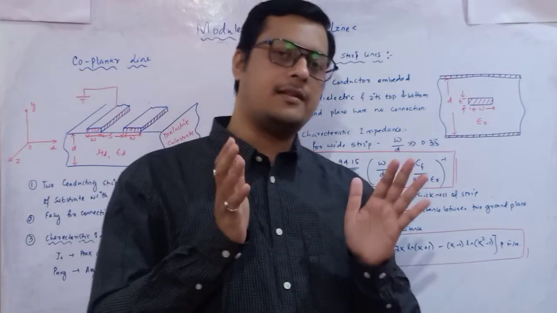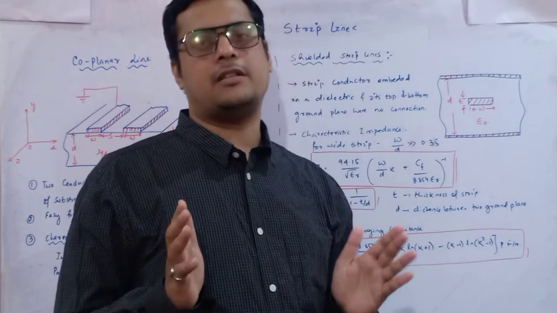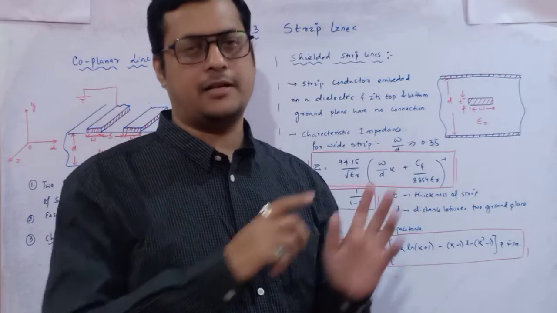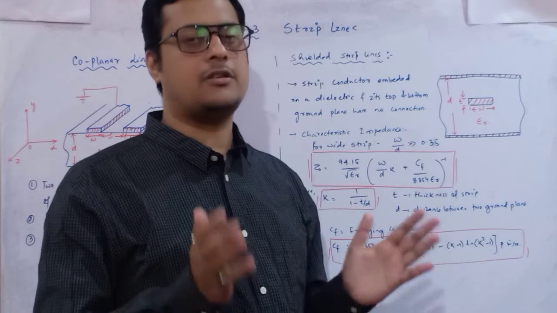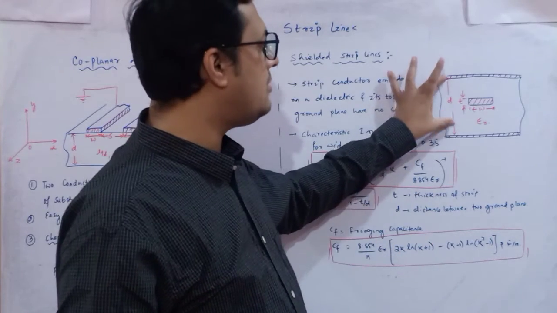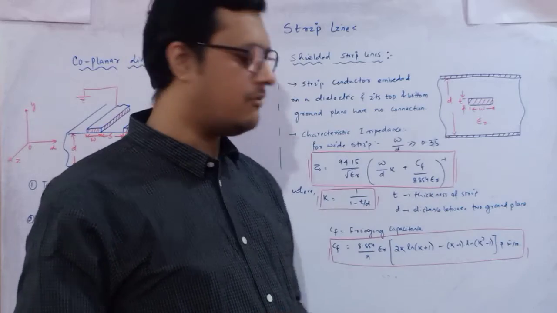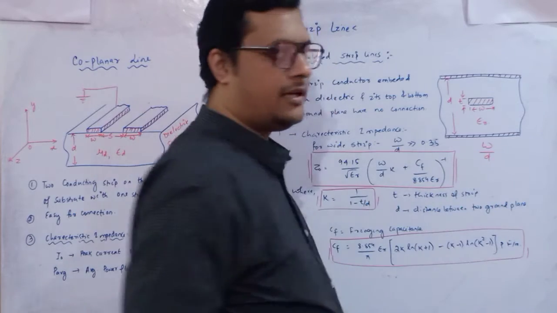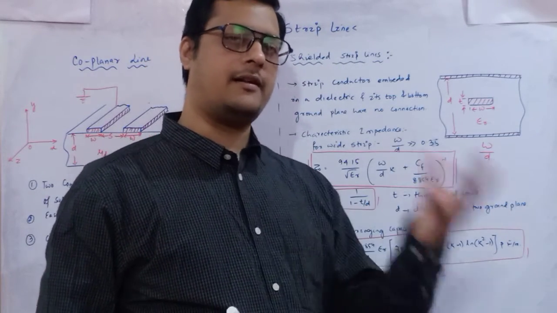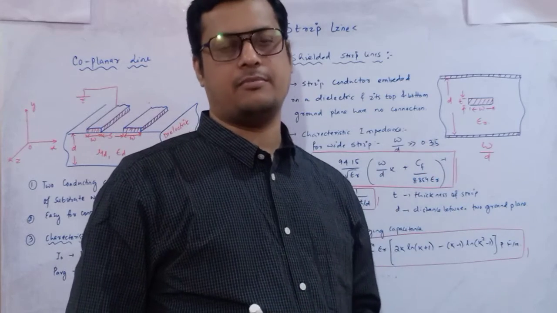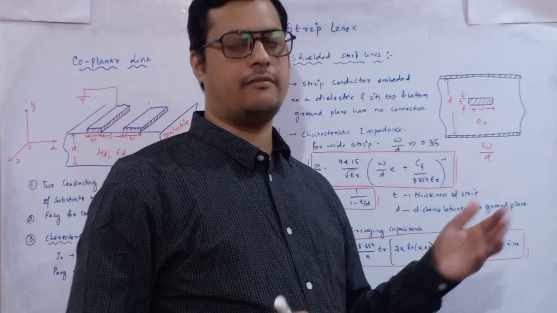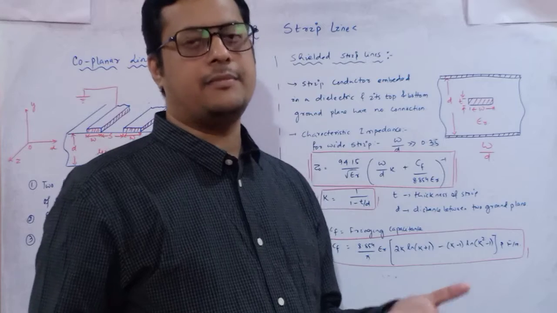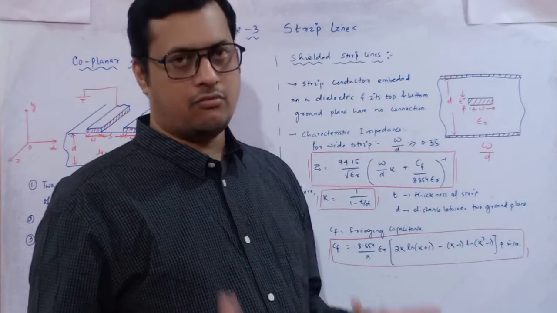So here whatever aspect ratio we generate will be with respect to w by d. Previously we said it is w by h, but here the cross section differs. Due to the difference in the cross section, the separation between these two plates is d. So your aspect ratio here we are going to identify as the w by d ratio. Okay, and for that also, for a wider strip or a thinner, narrow strip, we can calculate easily. We only have to check whether the width of that strip is greater than d or not. If it is greater, that means the w by d ratio is greater than 1.